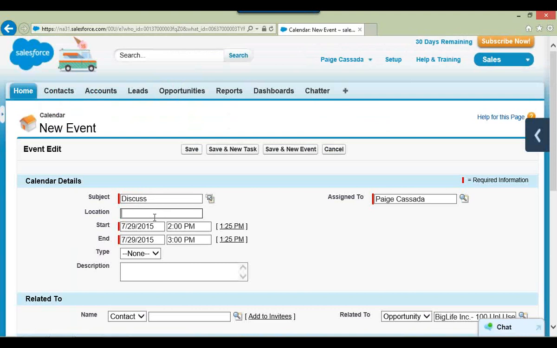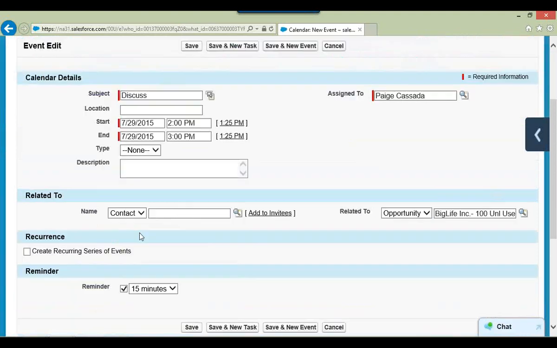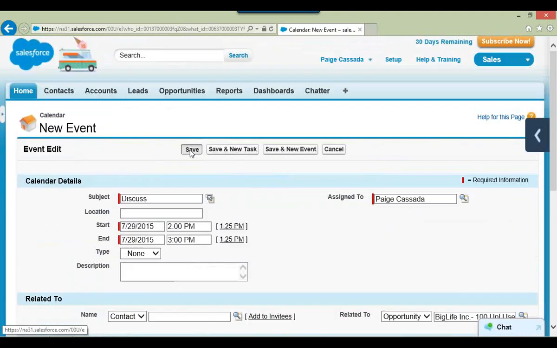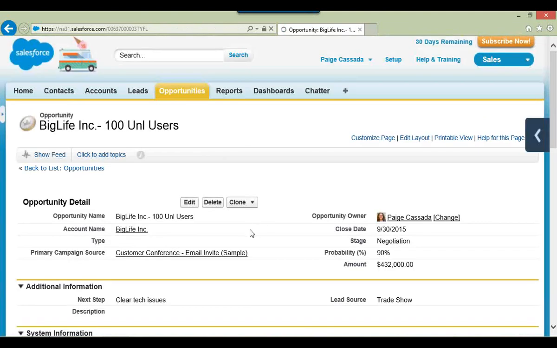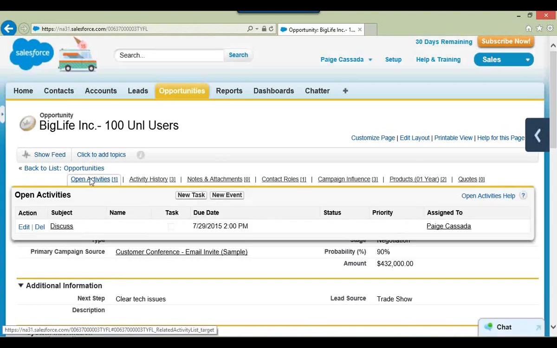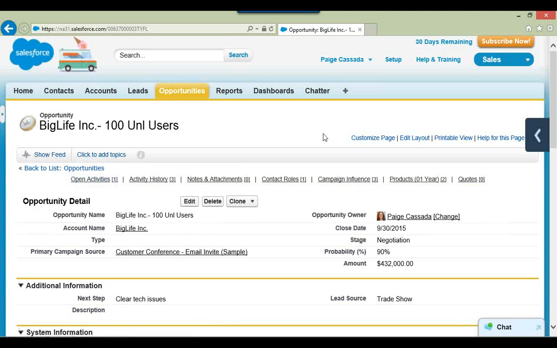I can add location information. I can also add where this is going to be, when it will start and end. I can also add attendees if I want to. You'll notice it's related to this particular opportunity. Now when we go back to our opportunity, we notice we have this open opportunity, this open appointment for us. So now we've done all this lead up, let's go ahead and let's quote this baby and get it out